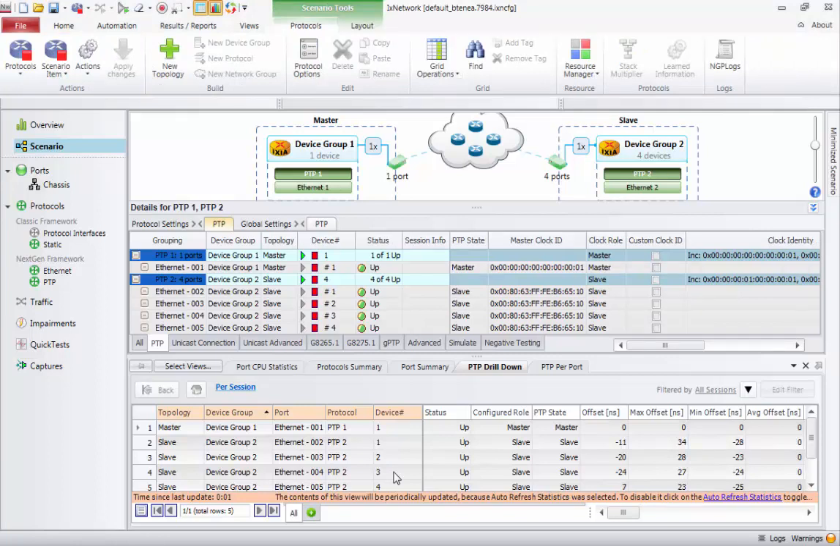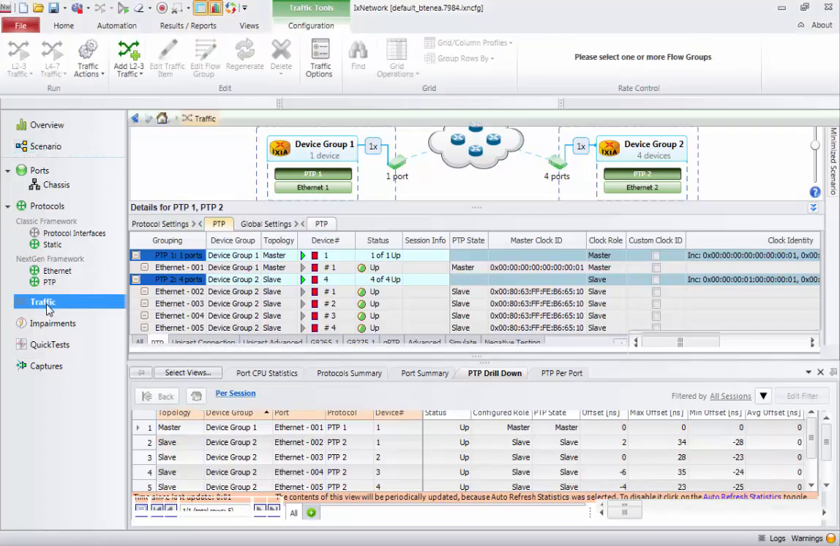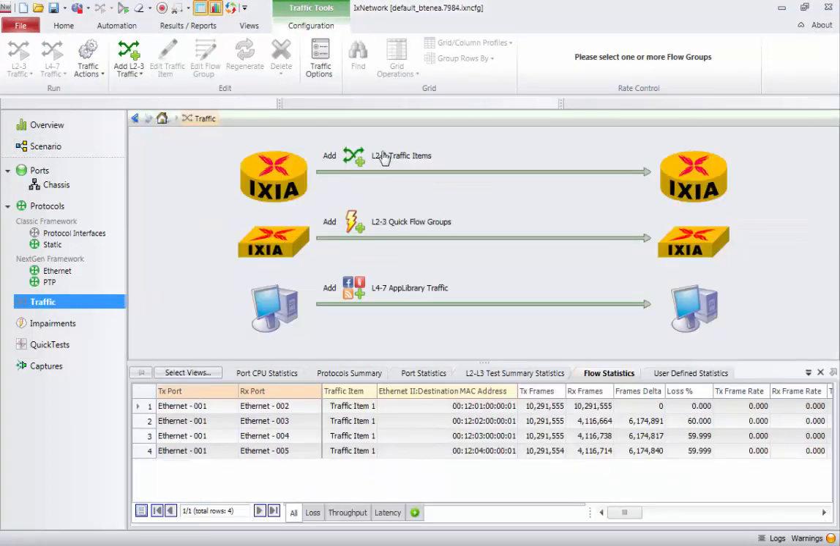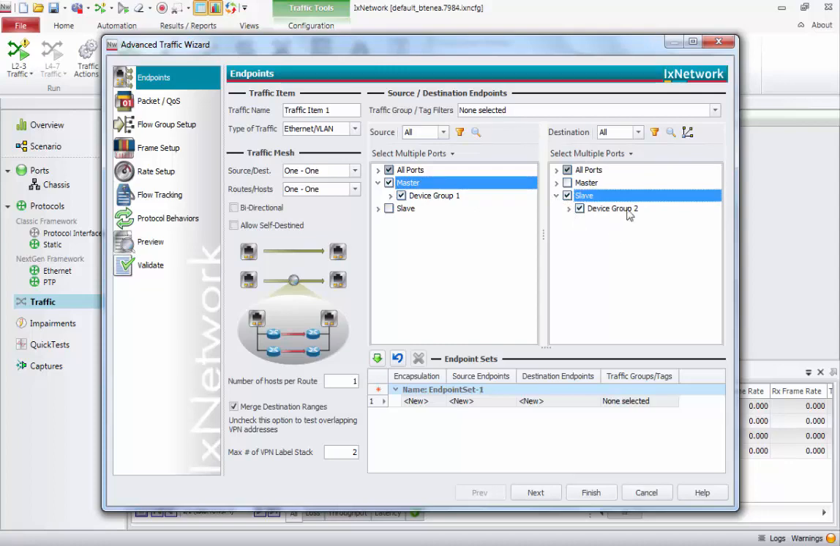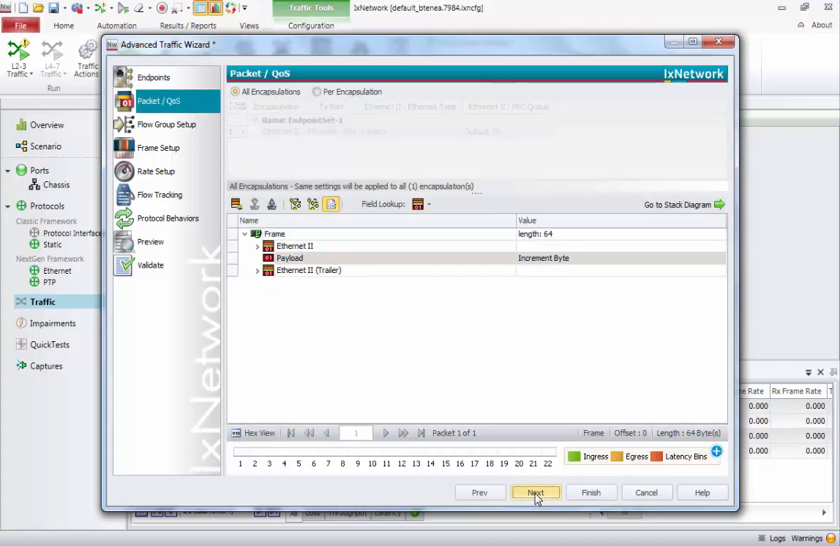Also worth testing is the impact traffic has on synchronization quality. Because in this scenario we have a boundary clock in between, synchronization quality should stay the same. To test this, we just go to the traffic tab, add a traffic item, select the master port as source, and the slave ports as destination,